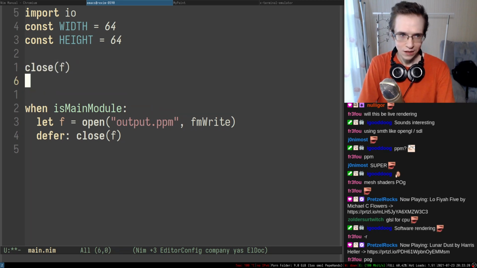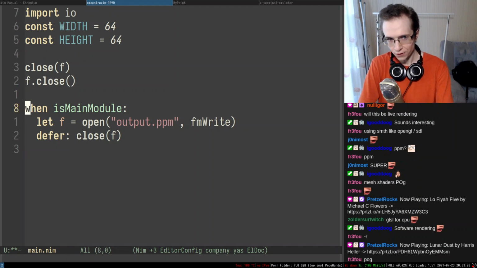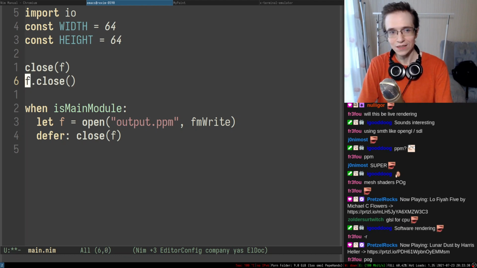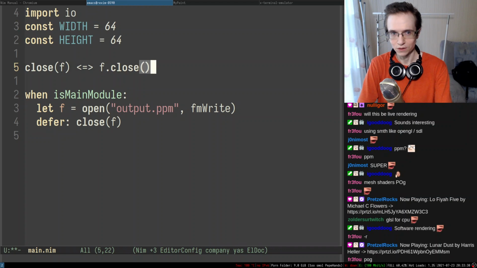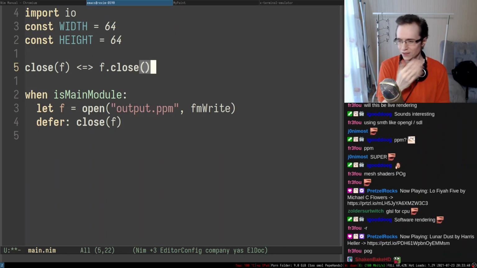Furthermore, as far as I know, Nim has a universal call syntax. Essentially, this and this are equal. So if you have a function that accepts a first argument, you can take that first argument and put it at the beginning, place a dot in here, and call it, and these two things are absolutely equivalent. Right. So the language doesn't have classes at all. Right, it has something that is called objects, but they're basically structures.